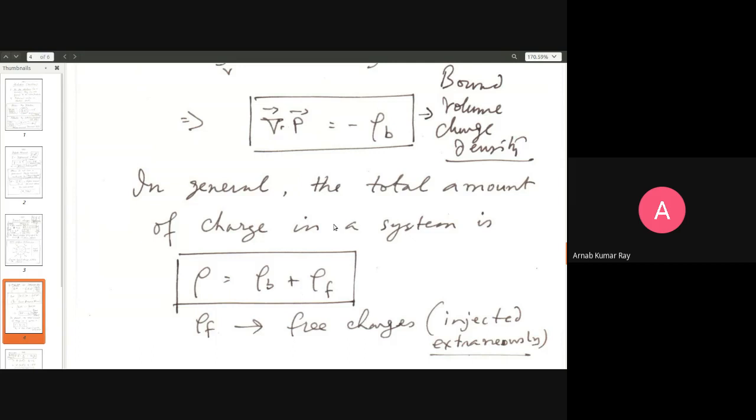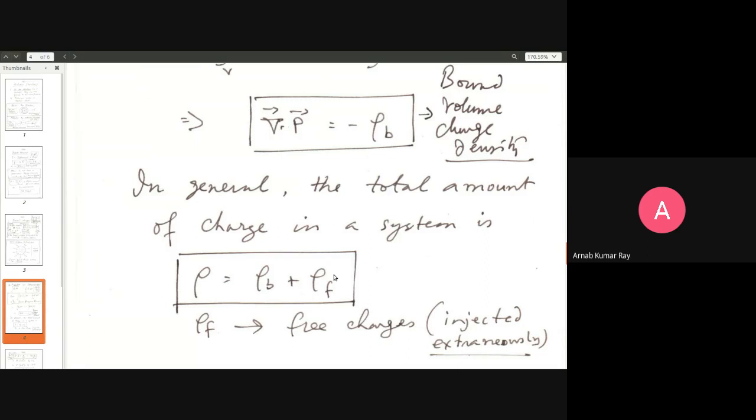So charges can't, even in the best of conductors, let us say copper or silver. Copper is a more ready example because silver is much more expensive than copper. So even in the best of conducting materials, there is a little bit of resistance. And in an insulator, there's an extremely high resistance. Charges tend to move not at all. Nevertheless, a little bit of trickling movement should be there. So in general, no material is 100% a conductor, and likewise, no material is 100% an insulator.